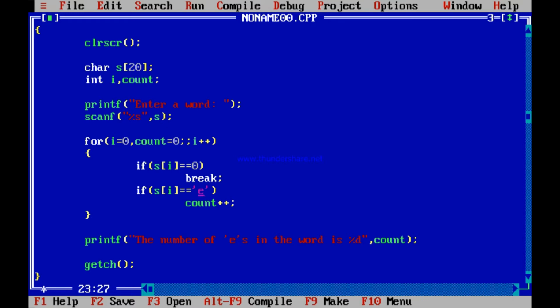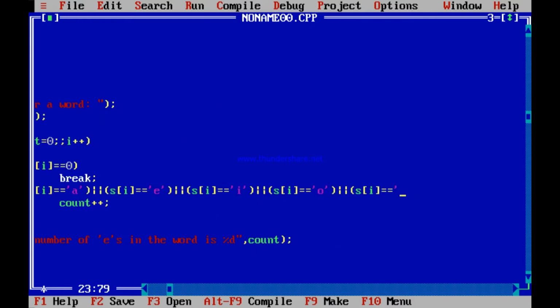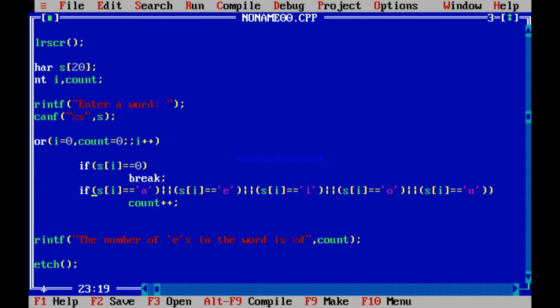Over here, if Si is equal to A or Si is equal to E or Si is equal to I or Si is equal to O or Si is equal to U. So this whole thing in a bracket, that is I have checked for Si being equal to A, E, I, O or U, then also I will increment the count. That will count the number of vowels.